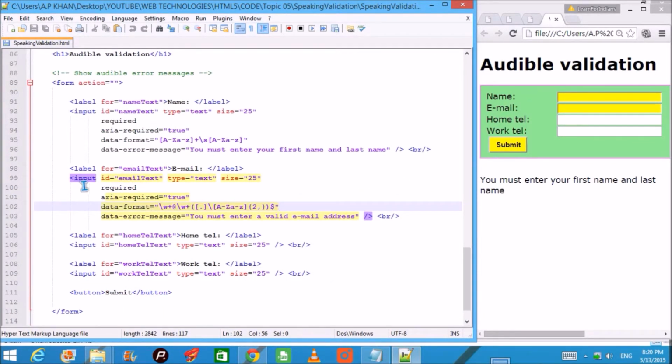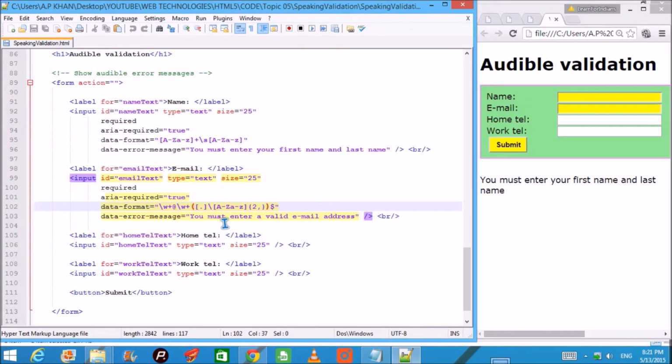Again, the same is for this email, and as we have already discussed, it is required. aria-required is true, but the data-format is somewhat typical, though I may explain it in a simple manner. First of all we have a string, then followed by @, then again a string, then this whole is in a round bracket. This round bracket says that you may have one or two combinations of strings with one dot or two dots.